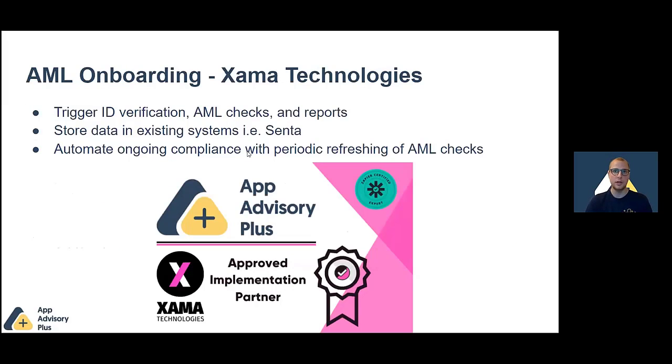This is a very new type of Zap that you can do, and this is around AML onboarding. We've recently partnered with a new app called Xama Technologies, and this enables you to trigger automatic emails for new clients or existing clients to verify their identity, and on an ongoing basis ask them to redo that as part of the AML regular checking process. So once a year, if you wanted to do that, this all can happen automatically,